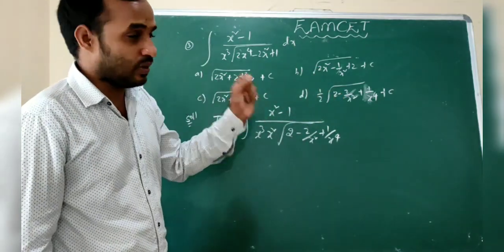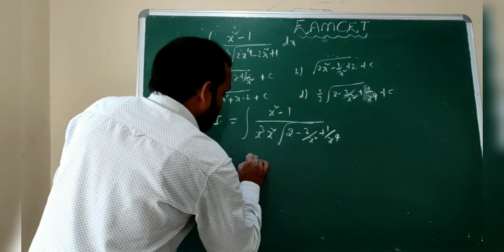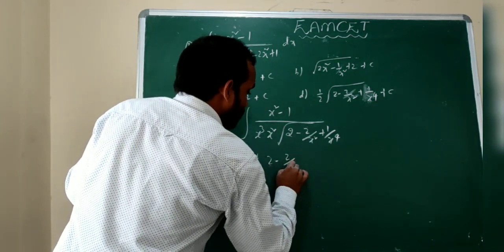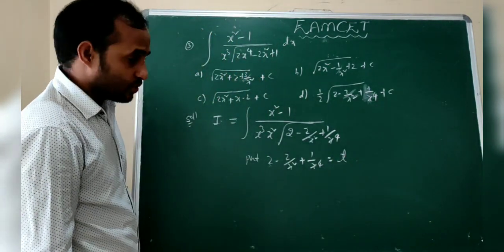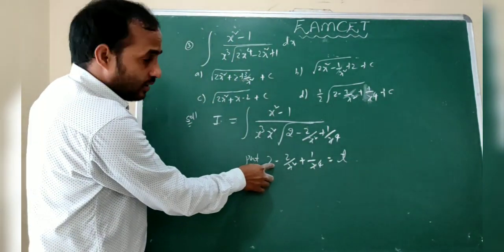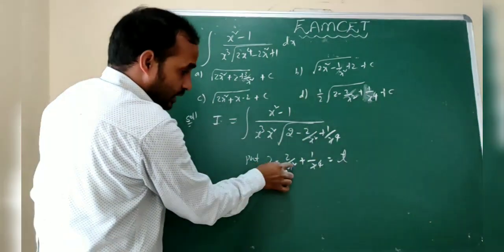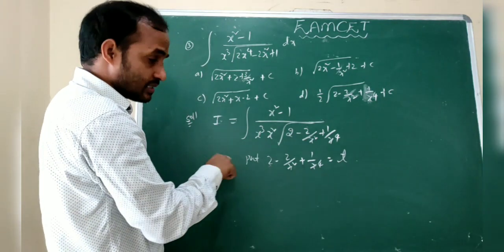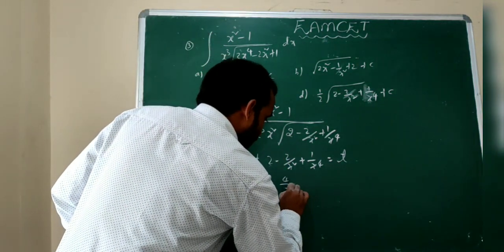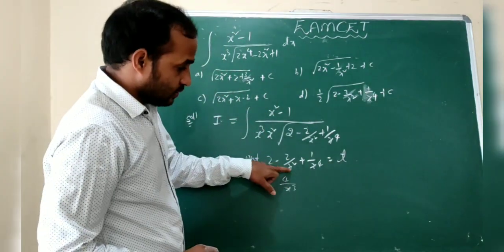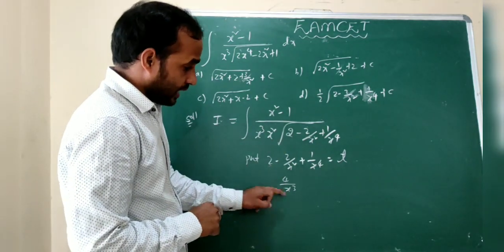But we can check once again, just for 1 minute. So how to check? Here put 2 minus 2 by x square plus 1 by x to the power of 4 equal to t. Now let us assume this is t, and take the derivative. Here x power minus 2 means nx to the power of n minus 1, so 4 by x power 3, because of minus 2 x to the power of minus 2. So nx to the power of minus 2 into minus 2, that means 4 by x cube.